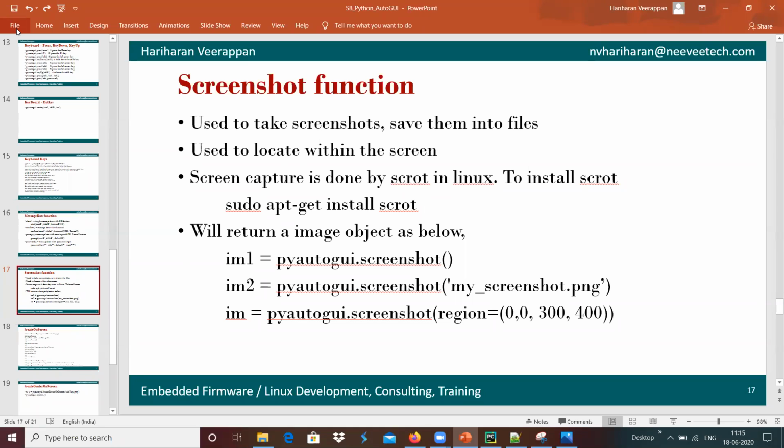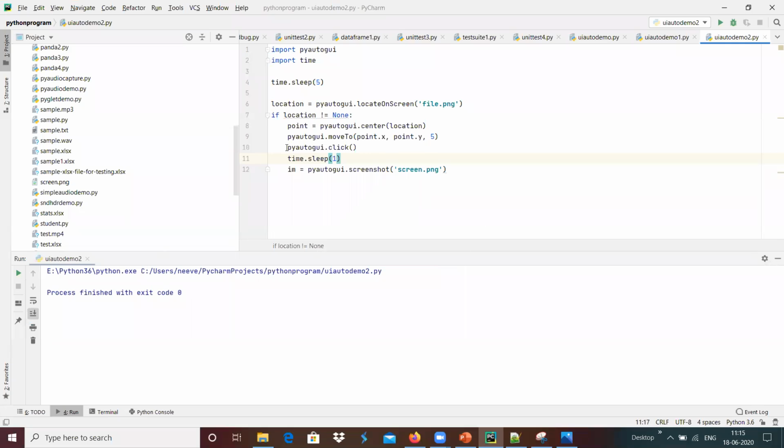Suppose we wanted to check whether the change in color has happened or not whenever we move to that location. In that case, maybe I'm commenting out this click event so that the click event will not be generated, and we want to check only the PyAutoGUI screenshot happening over here. I can take that screenshot on that button area location with the help of the screenshot. I'm going to comment this.